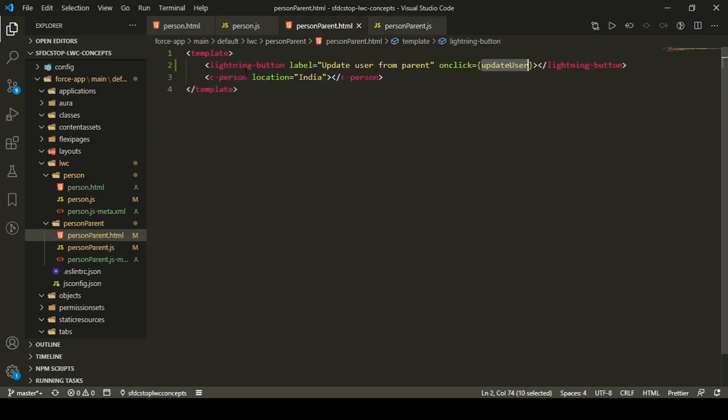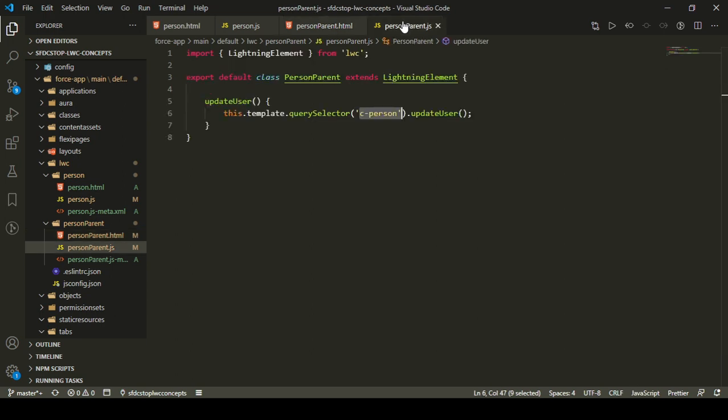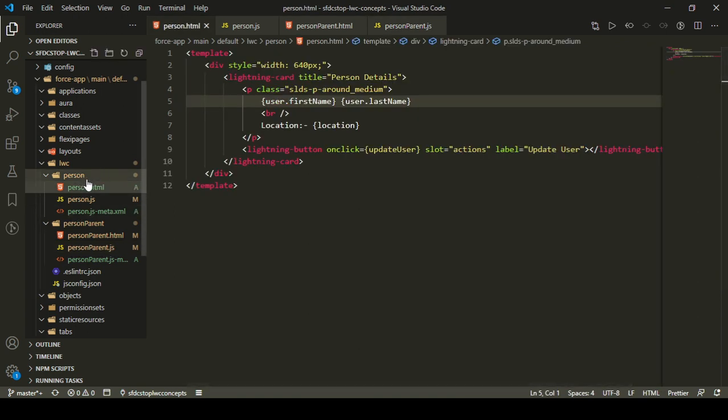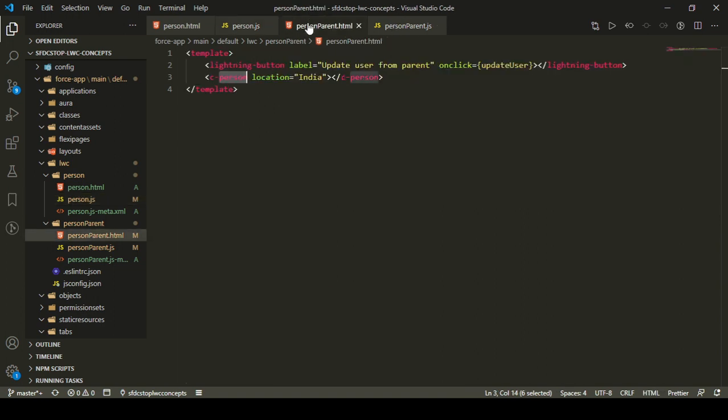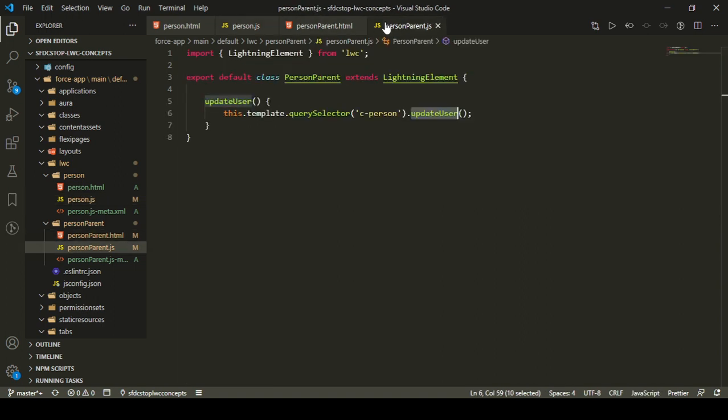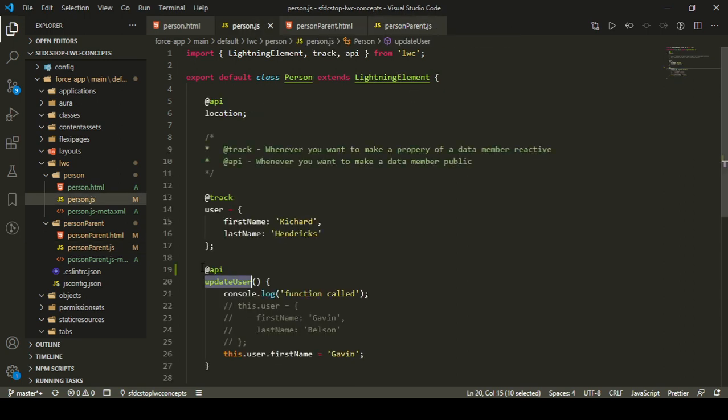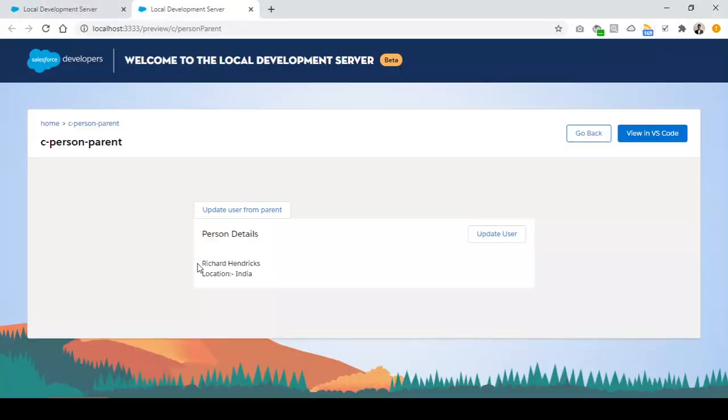So I'm finding this particular component, and after that it is calling the update user method of the c hyphen person component. So if you check out the c hyphen person, which is nothing but the person component, and if you check out the update user method, this method will be called, right? So whenever I click on the button which is defined in the parent, my child component's method will be called, because I have annotated it with the API decorator, and now this method is public, right?